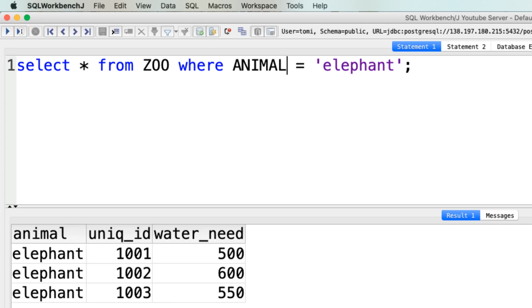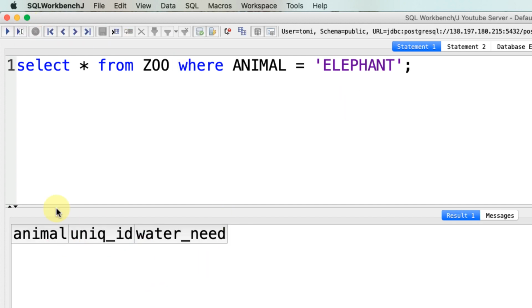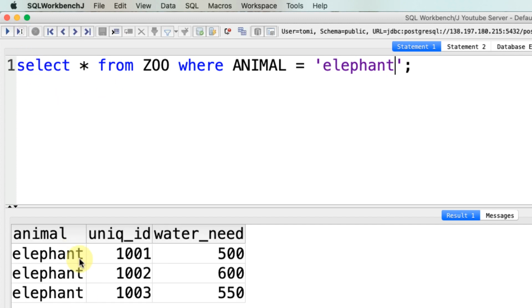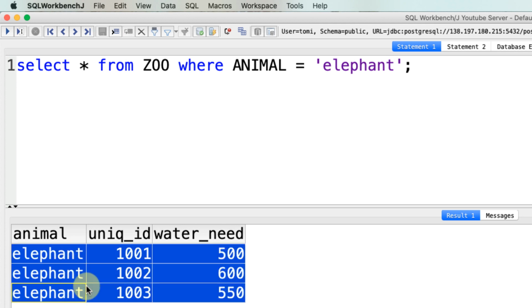The only thing that's really case sensitive is the actual value from the table. So for instance, this elephant value is case sensitive. Elephant. See, it doesn't find anything in our table that equals this value because this is with all caps. But if you change it to small letters, it will return the 3 rows that we expect. So anyway, the rule of thumb is that anything between apostrophes is case sensitive, the rest is not case sensitive,